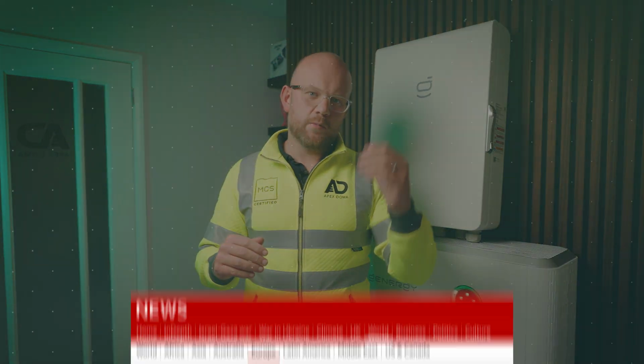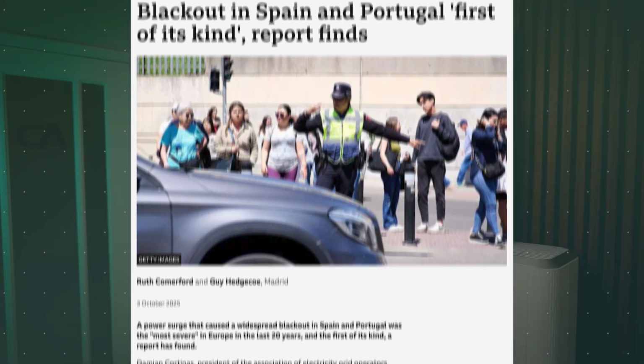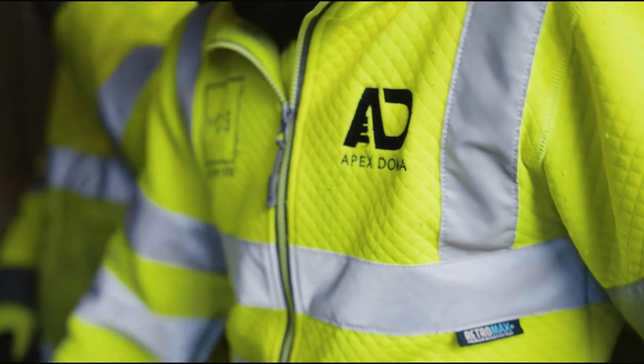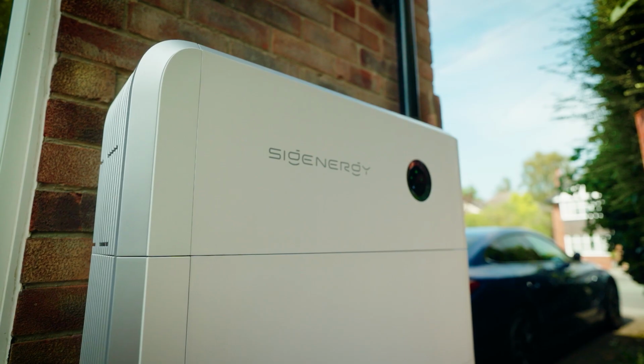Home batteries in the UK are becoming so much more popular, and they're becoming more popular because power outages are happening more regularly. Let's just look in the news recently and we've seen the fact that we've got Portugal and Spain that had a nationwide blackout. If you're based in the countryside and you're more rural, you may well be prone to more blackouts, and you might be thinking, I need to get a system put in place. There is definitely a significant rise in the number of people going for home battery storage solutions like the one